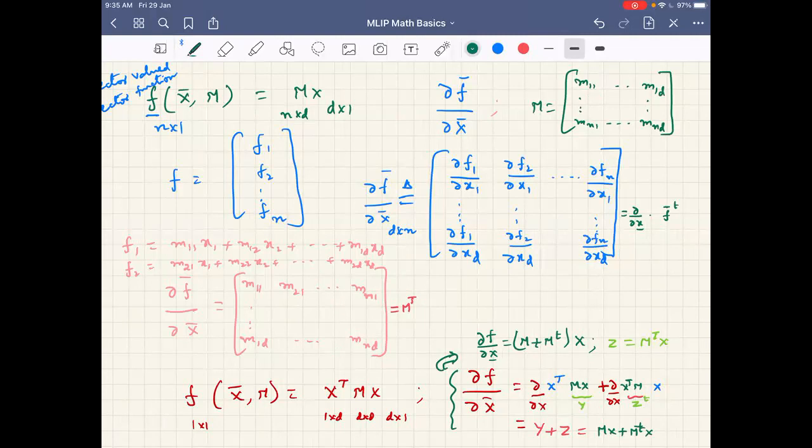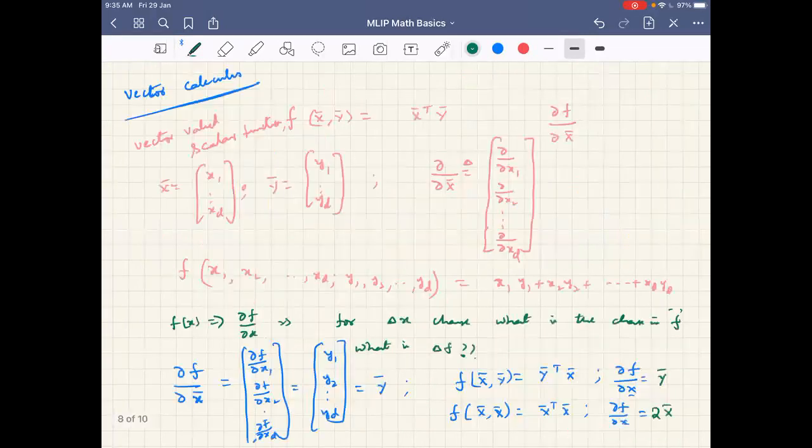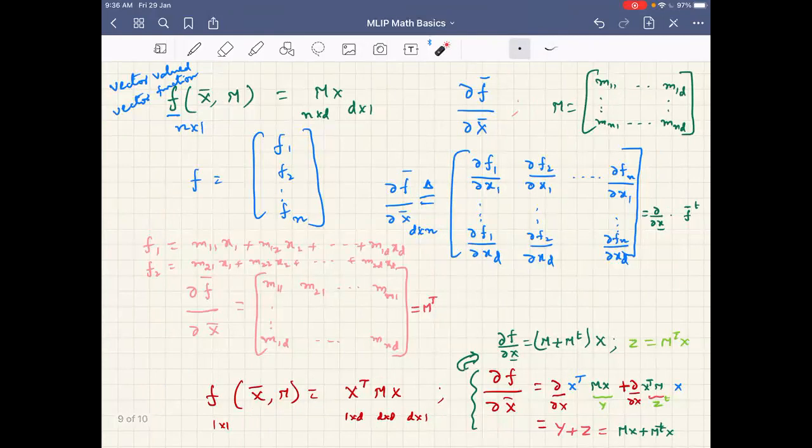And one more small doubt, sir. Could you go to the previous slide? Here, bottom left corner. Once we differentiate over here, according to the definition f of x1, x2 up to xd, y1, y2 up to yd, we'll get y1 plus y2 plus so on up to yd, right? How exactly did we translate it to y bar over here? No, sir, I got it. Sorry, no issues. Fine, sir, let's proceed further. Yeah, sure. Good.